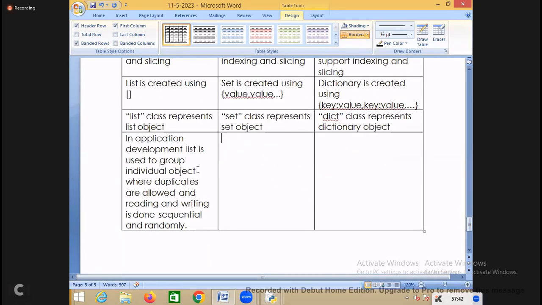Now you can say list can represent one array. Using list you can represent one matrix, right? So in application development,